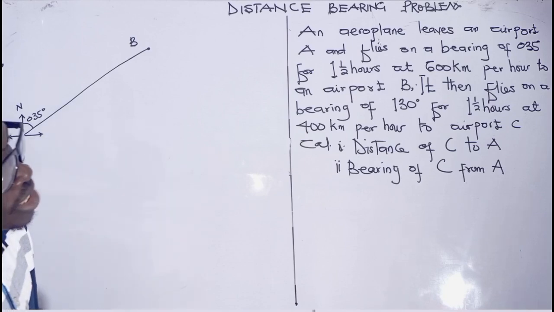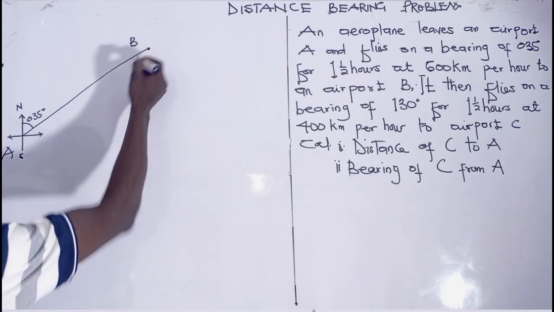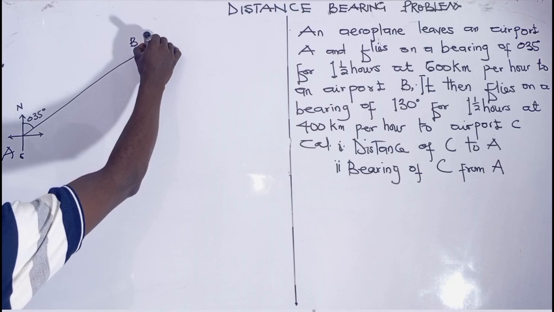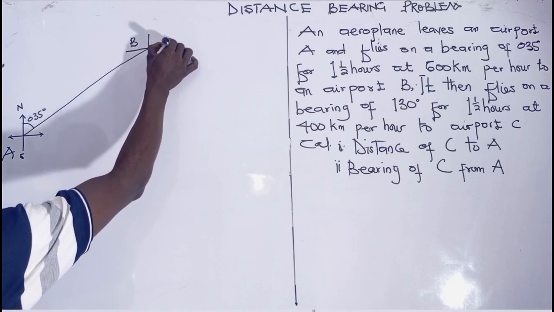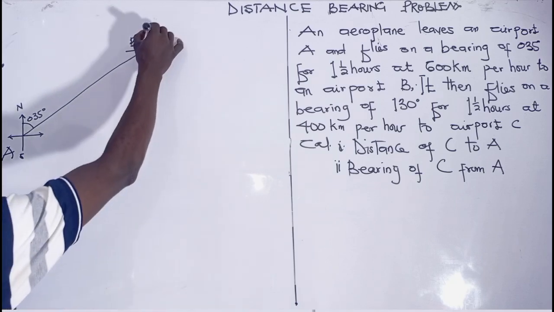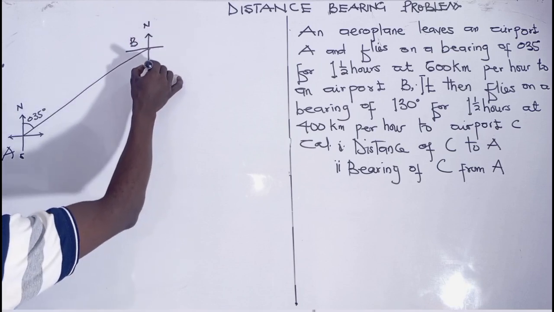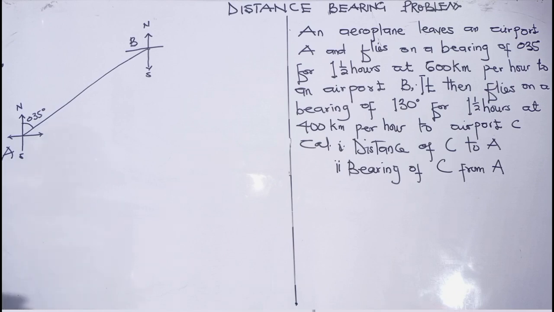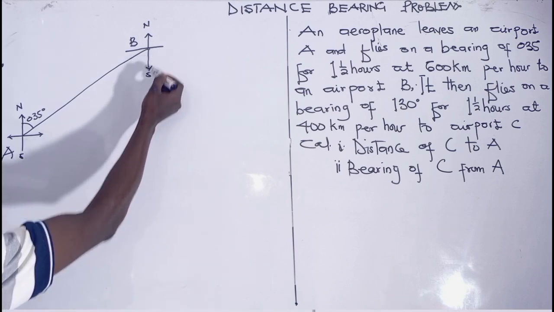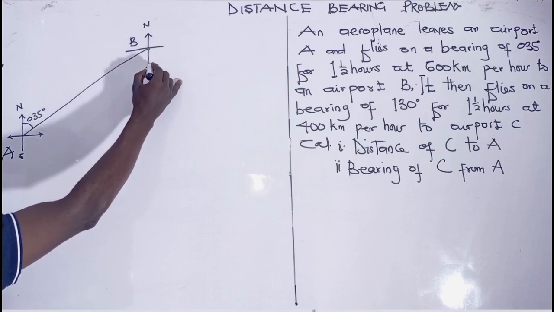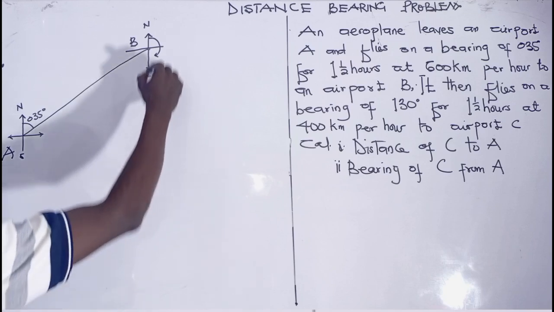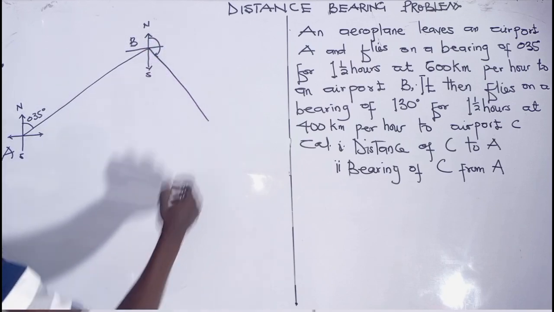It then flies on a bearing of 130 degrees. So from airport B, it rested for a few seconds, and then it changed its course on a bearing of 130 degrees. So we are going to draw our cardinal points on airport B, and we know that this is our north, this is our south, this is our east, and this is our west. We know that 130 degrees will fall in the second quadrant if we are measuring from the north in the clockwise direction. So we are going to measure from the north in this particular direction,